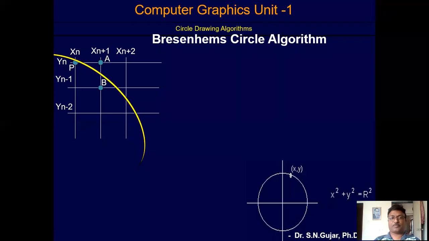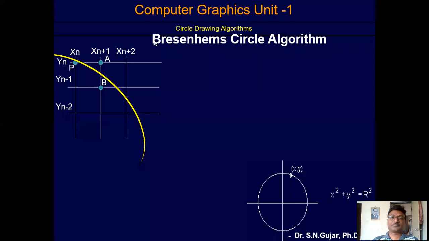Today's lecture topic is Bresenham's circle algorithm. Before that, in yesterday's lecture, we discussed Bresenham's line drawing algorithm, and before that the DDA line drawing algorithm and DDA circle drawing algorithm. What are the disadvantages of the DDA line and circle drawing algorithms? They need more mathematical calculations, but Bresenham's uses only integer calculations. This is one of the advantages of Bresenham's, which is why we are going to use Bresenham's line drawing algorithm and circle drawing algorithm.